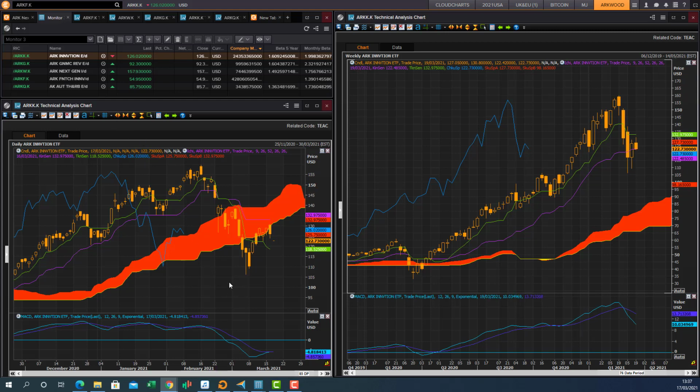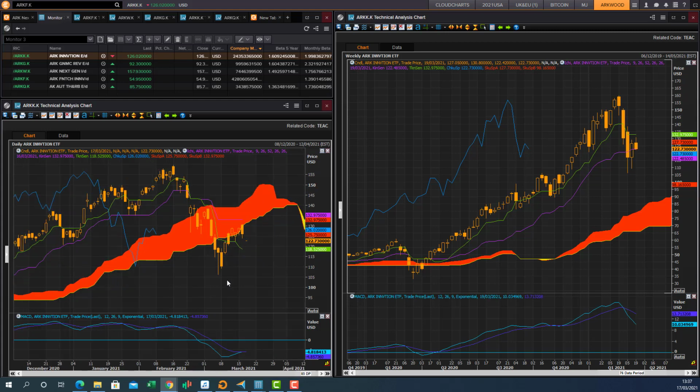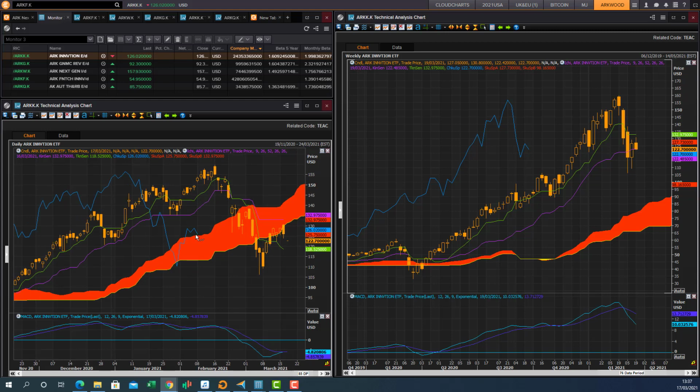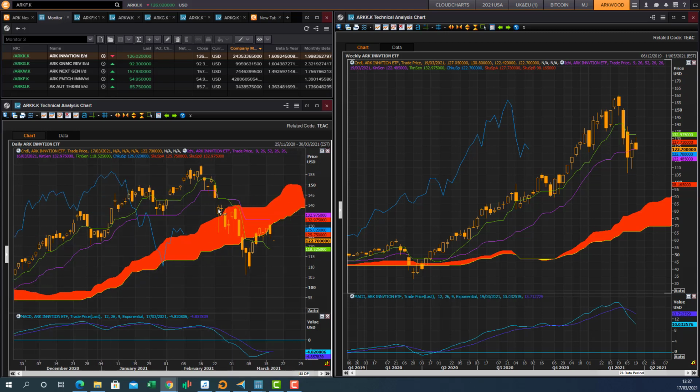We'll start with the ARK Innovation ETF. We've had a bit of a pullback now after becoming quite extended from the top end of the cloud. The ETF sliced through the top end of the cloud, did manage to rebound there briefly as that level coincides well with the standard line of the cloud. Then it ran into trouble when the top end of the cloud became a new resistance zone, sold off, sliced through the bottom end of the cloud, and pretty much rebounded very closely to this cloud chart support level,